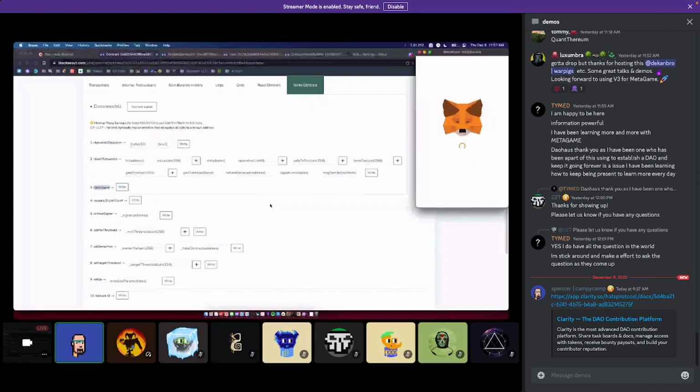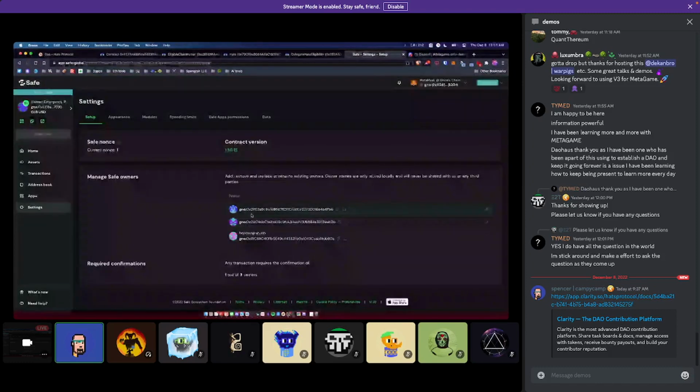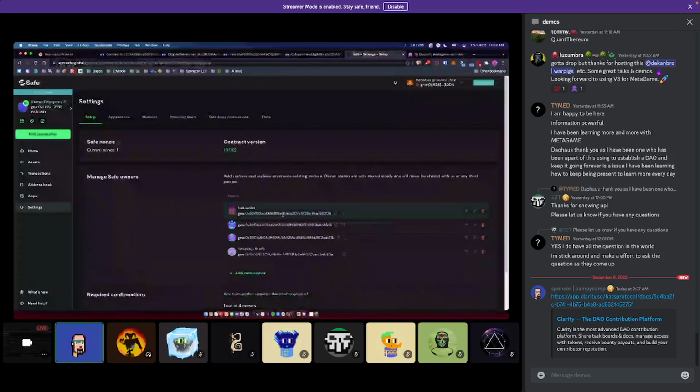I'm going to claim signer here, and once I do, we should see my address get added automatically by the Safe UI once it gets indexed. So we'll wait a second for that to come up. There it is. Sometimes that takes longer because of indexing variability, but that was not too bad. So here I am. This is my test wallet. I am now a signer on this safe.